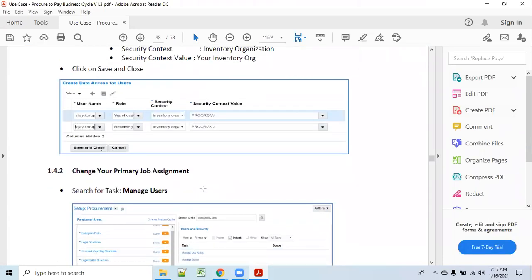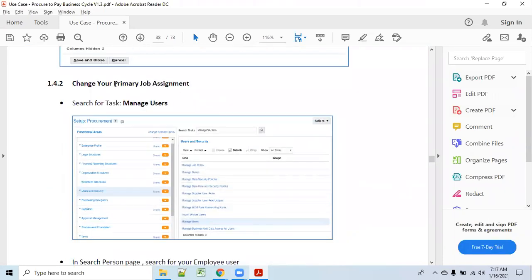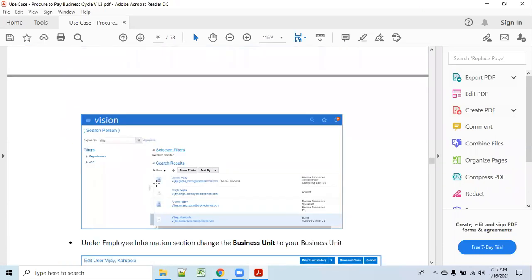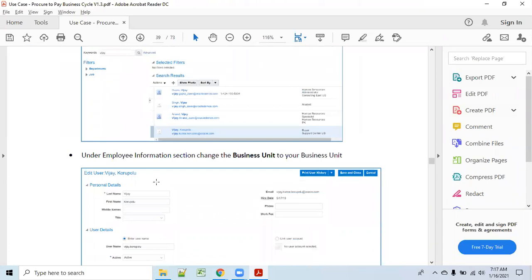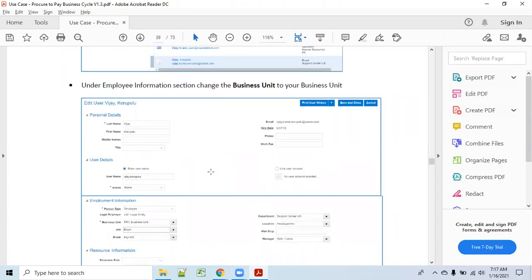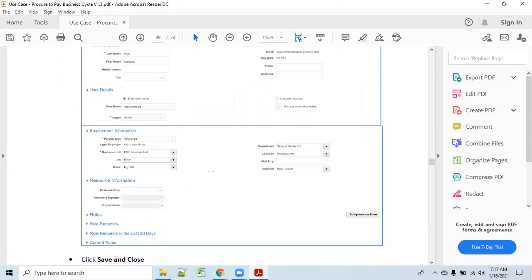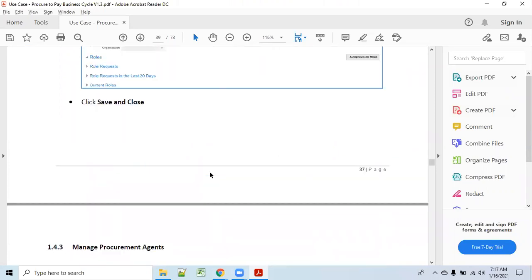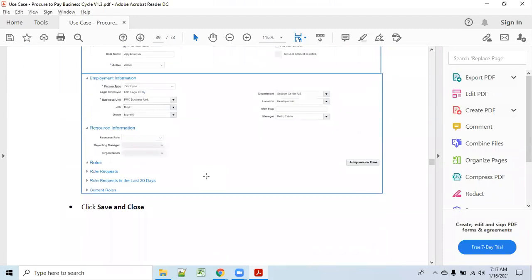Data access. This is change your primary job. Manage users. Search person. Section business unit. Why do we need to change here? Job assignment. If you do not change it, it will not take.